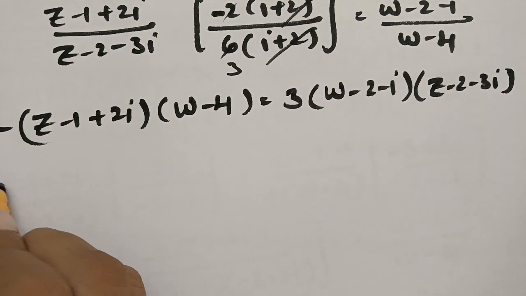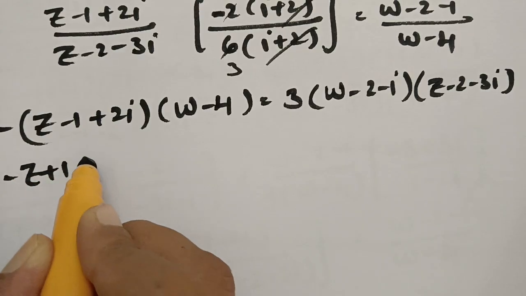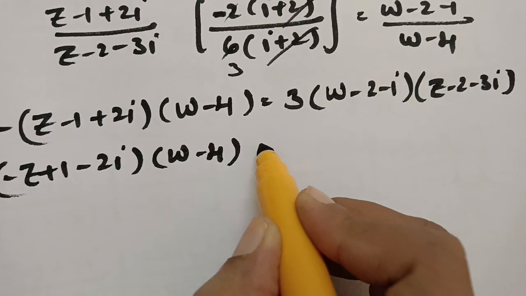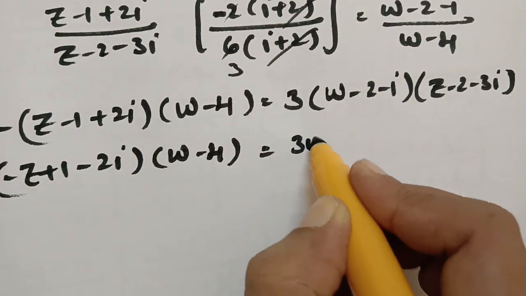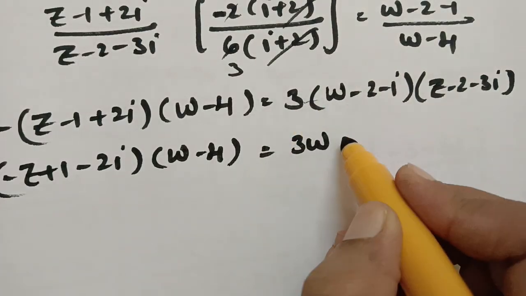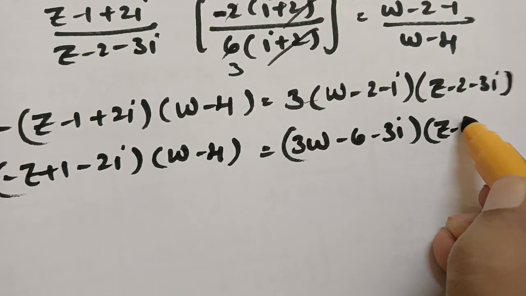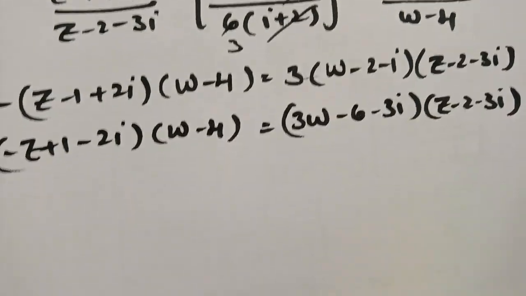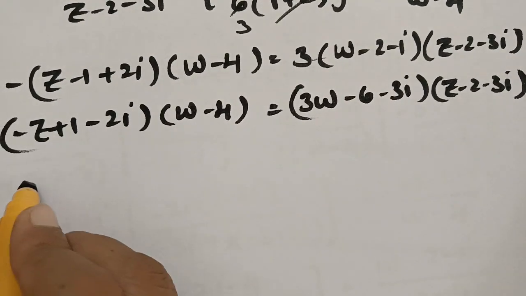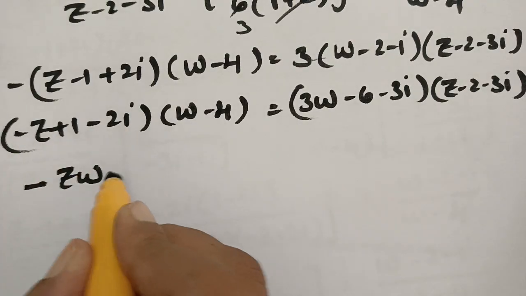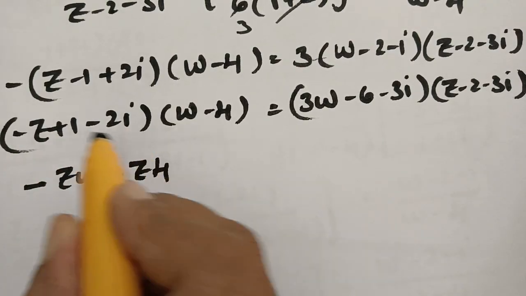So clearly this is minus z plus 1 minus 2i into (w minus 4). So if I multiply with w, this is 3w minus 6 minus 3i into (z minus 2 minus 3i). Now if I multiply these two, this will be minus zw, this is plus z into 4,